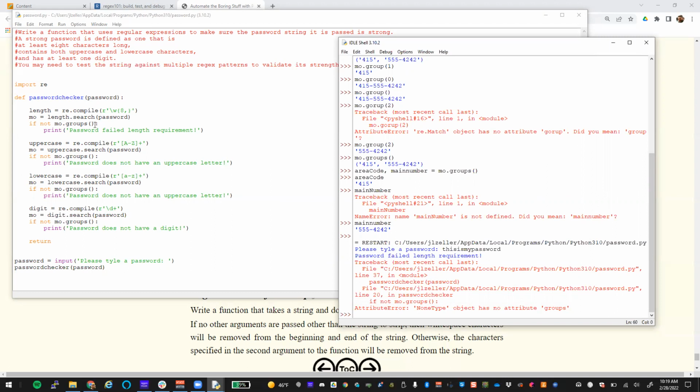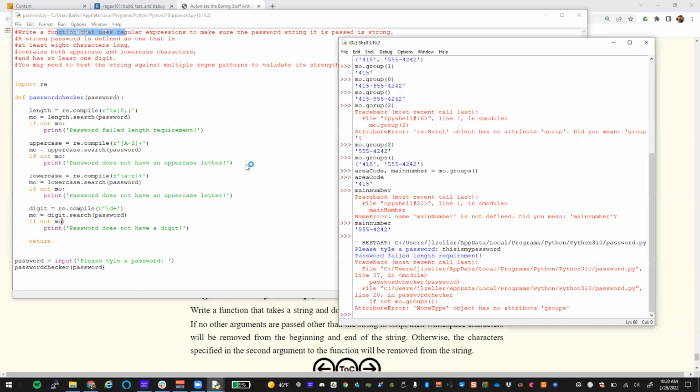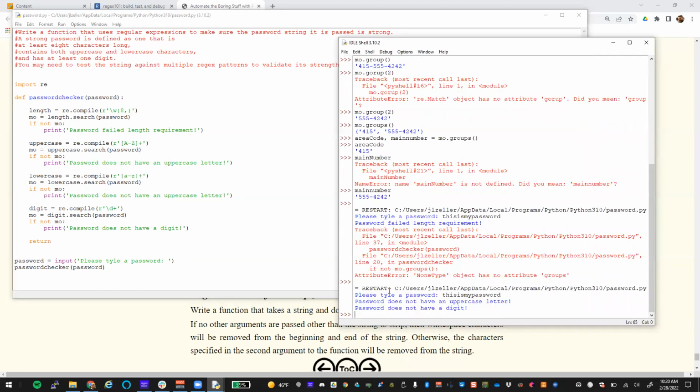So what else could we search against here or do our no against? We could just turn this to mo, right? See if we get anything back. We don't want to specifically necessarily look for just the groups. Let's try running that. Okay, so this time we passed our linked requirement, we passed our lowercase requirement, but we're missing an uppercase and we're missing a digit. So if we rerun it,